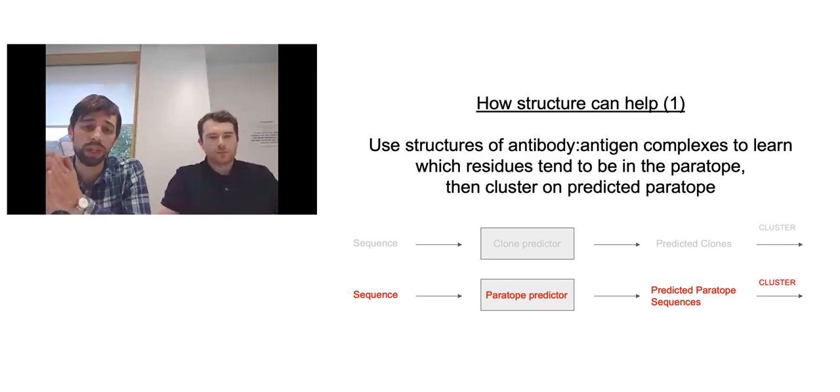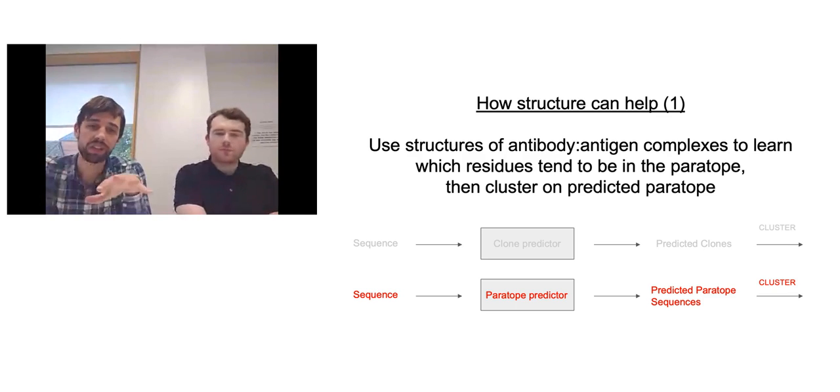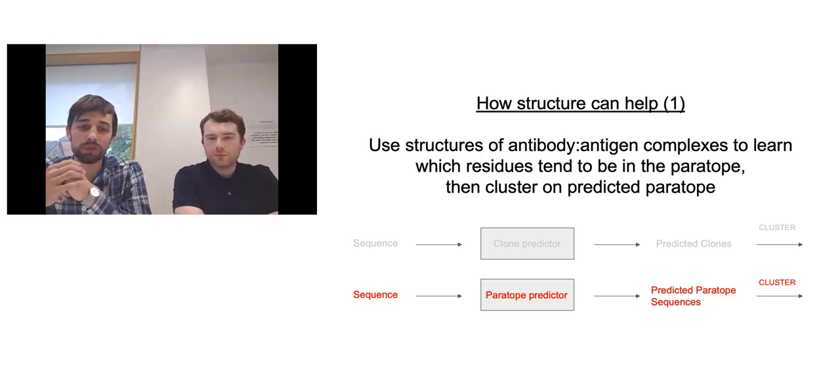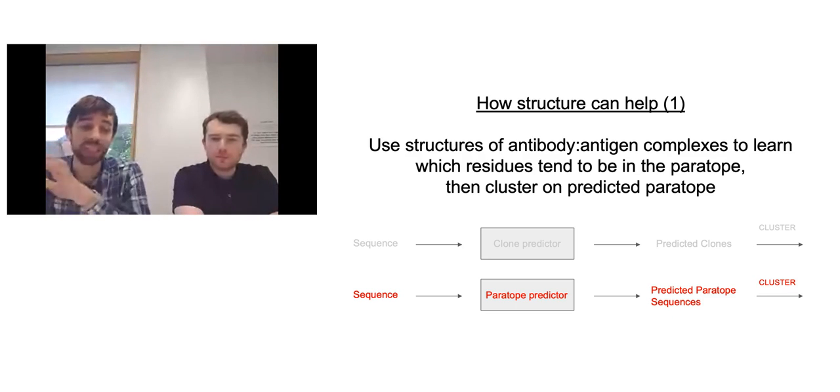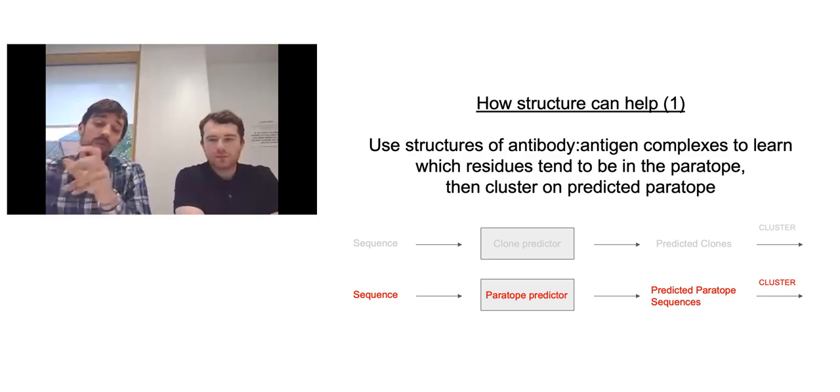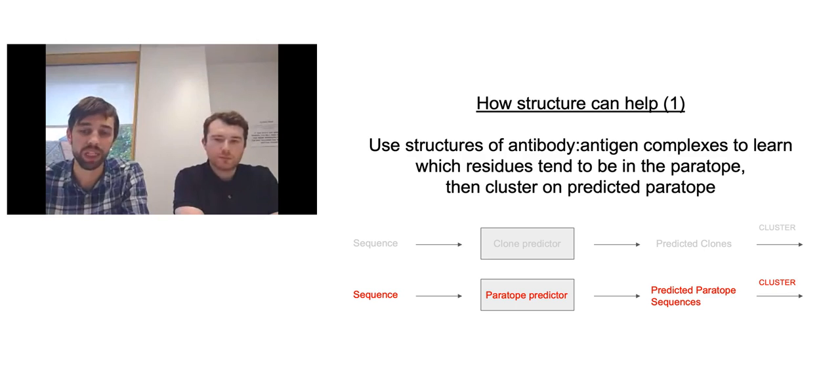It's really the first place where you can help it, because it's very hard to just go from sequence to knowing exactly which residues are involved in binding, and which parts of an antibody tend to be involved in antigen recognition. We need these solved structures of their complexes, and after that we maybe can predict which are the residues of an antibody that are most likely to be involved in the binding event. And once we've got that, we can cluster just over those residues rather than over their genetic origin. It doesn't replace clonotyping, but it gives an orthogonal approach, more from a structural biology point of view, as to how two antibodies might be similar in terms of their specificities.